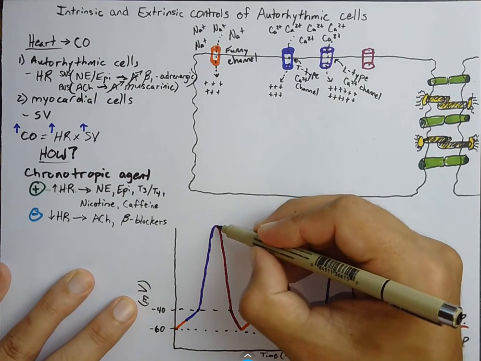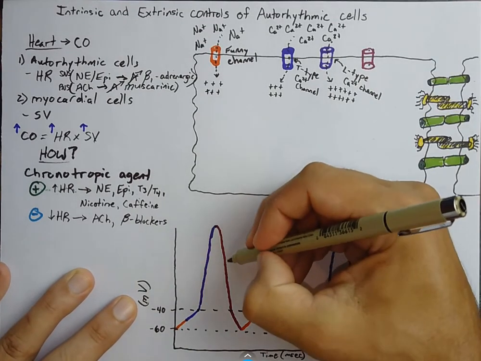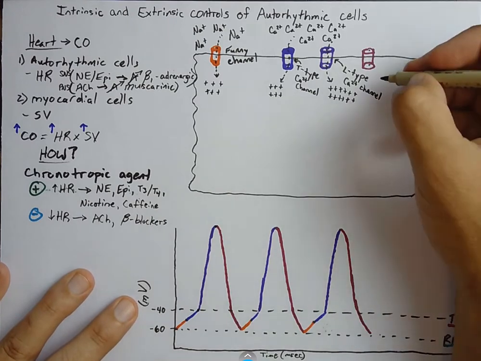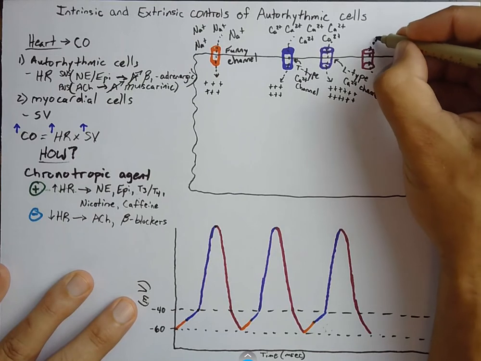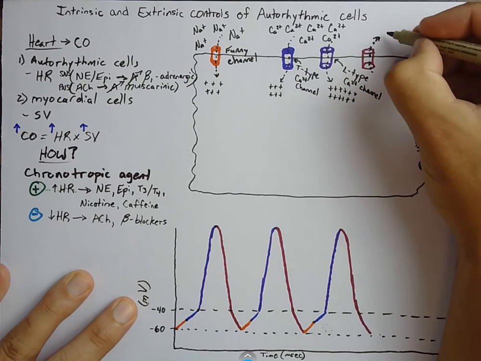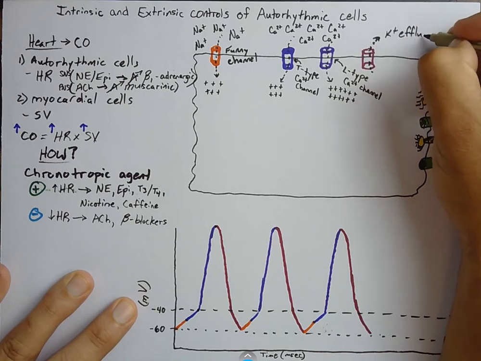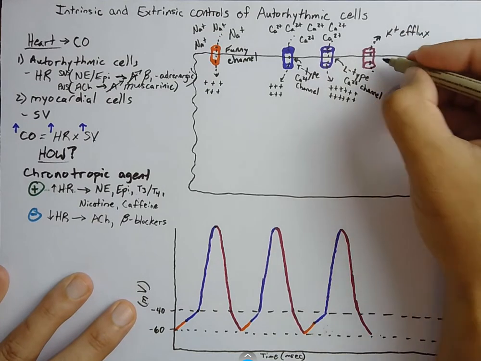This L-type calcium channel is going to close, at which time we need to repolarize. And what's the typical way that we repolarize a cell membrane? Potassium efflux. Okay, potassium efflux. Potassium efflux is the most common way for us to repolarize this cell, because what's going to end up happening